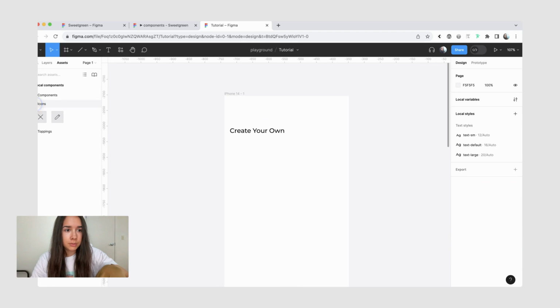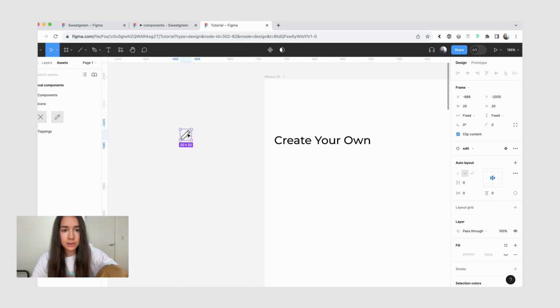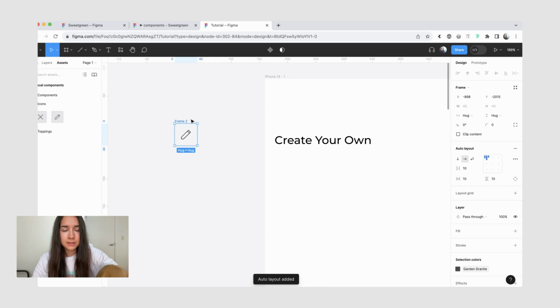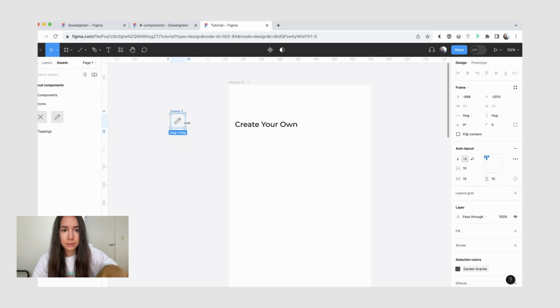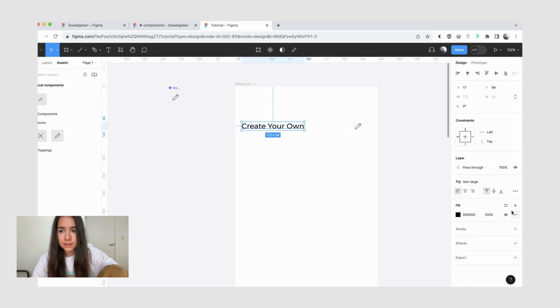Then I'm going to grab our pencil icon here. And so one thing that we can do is that we can make a separate icon button component. I'm going to take this instance and I'll wrap it inside Auto Layout frame. I think we can keep it 40 by 40 to start. So I'll set it to fix width and height. I'll rename it to icon button, turn it into a component, and we'll take this instance. Also for this text layer, I will update it to midnight greens.